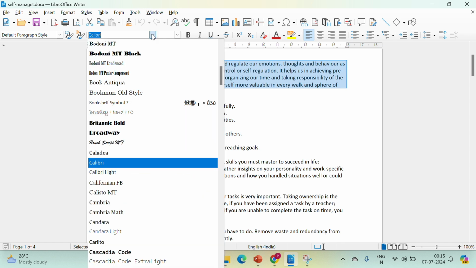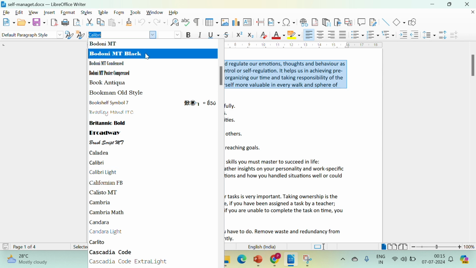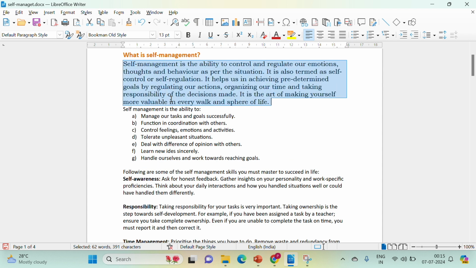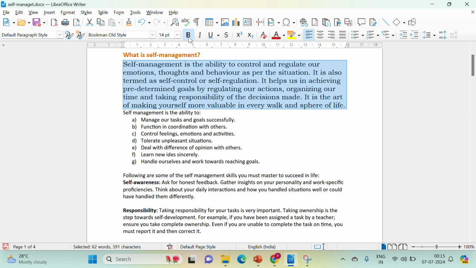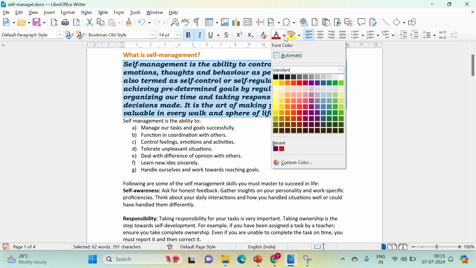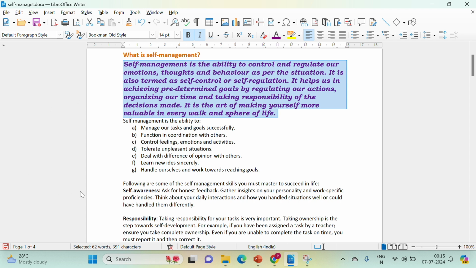Now I'll be changing the font style. Suppose I'm changing to Bookman Old Style, changing the font size, probably to 13 points or 14 points, whatever. Then applying bold and italics as the effects, and changing the text color, which was red initially, to purple. So this is the new style that I have created, and to save it I'll be clicking